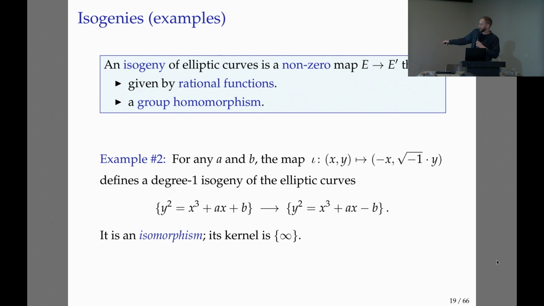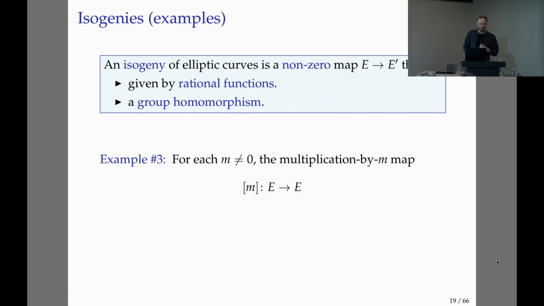Because there are no denominators here, there's no way to get infinity. The only point in the kernel is the point at infinity itself, which means that this map is actually an isomorphism. So it's just a change of coordinates, if you want. It's kind of the same curve in some sense. Okay, and then there's another